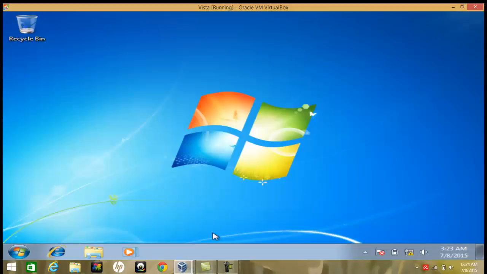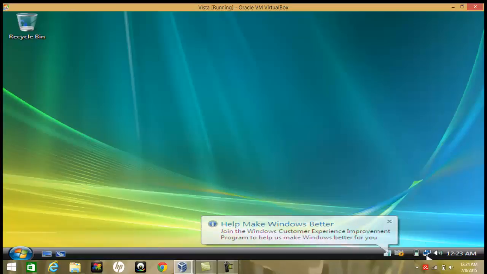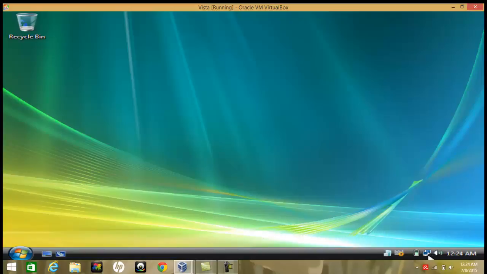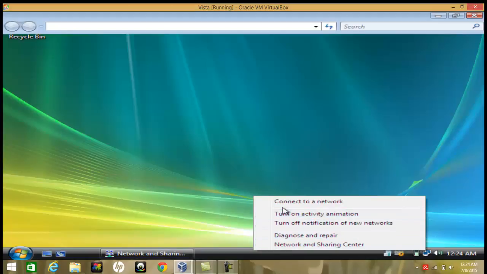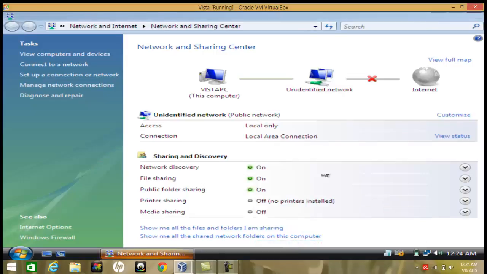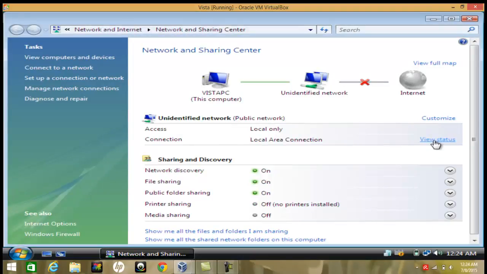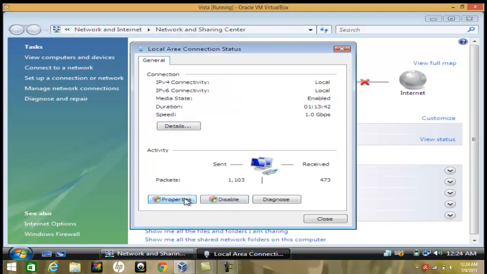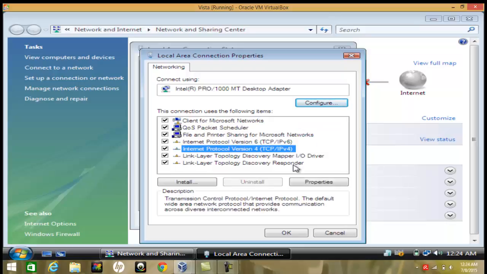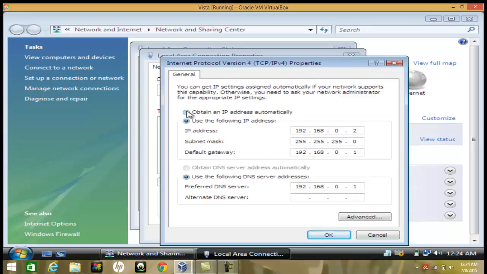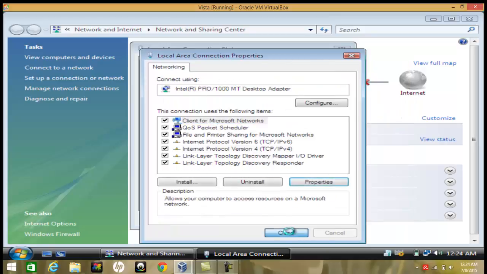Next we can go to Vista, do the same thing as well. Status, properties, version 4, change it back to dynamic, okay, close,